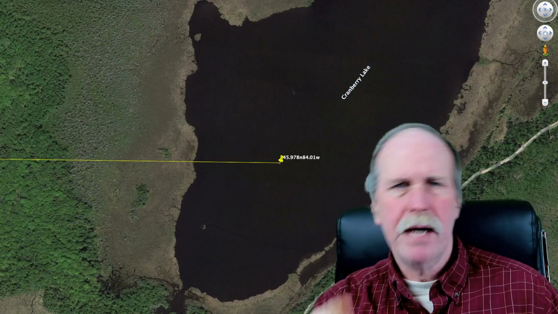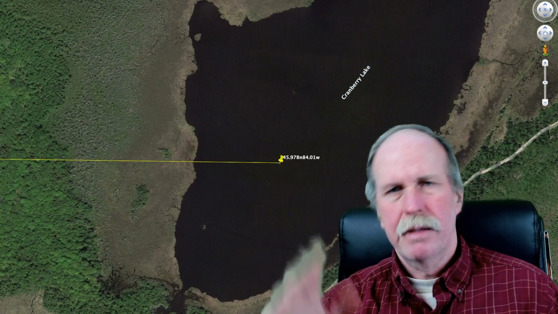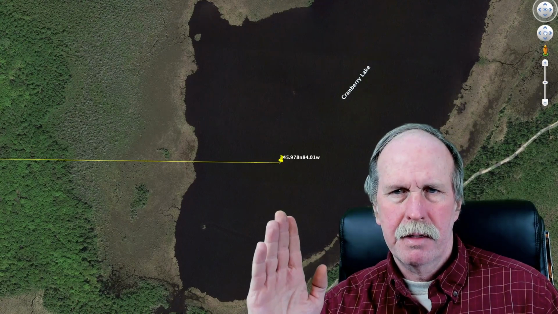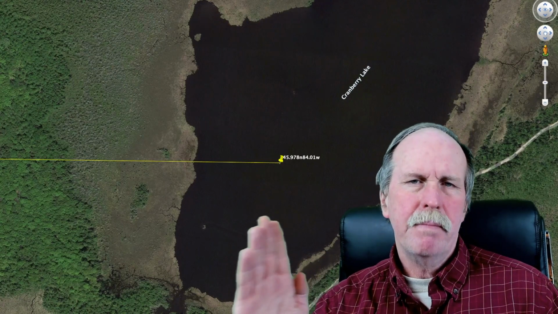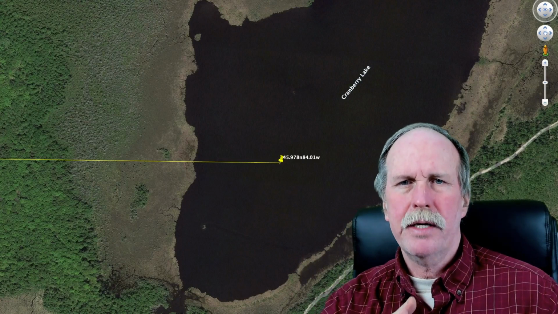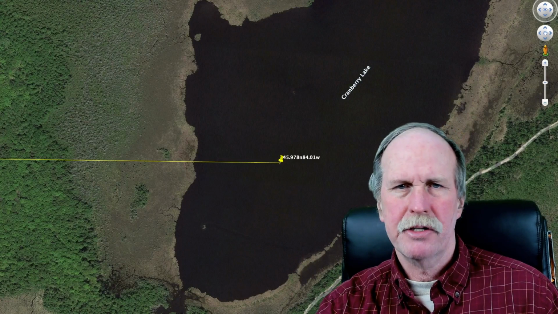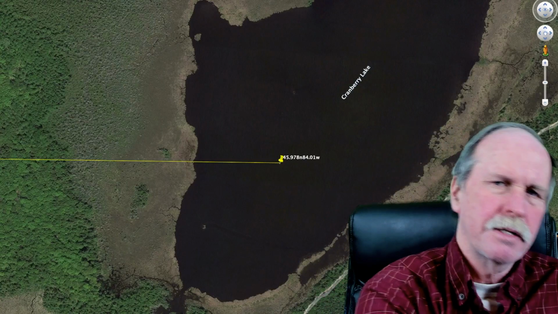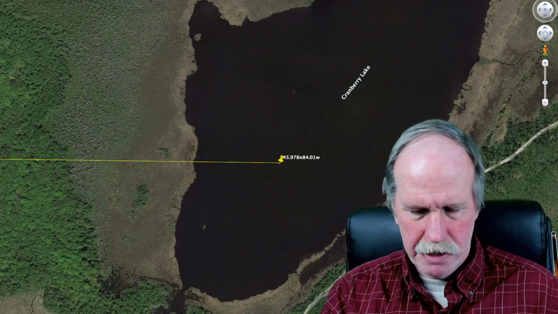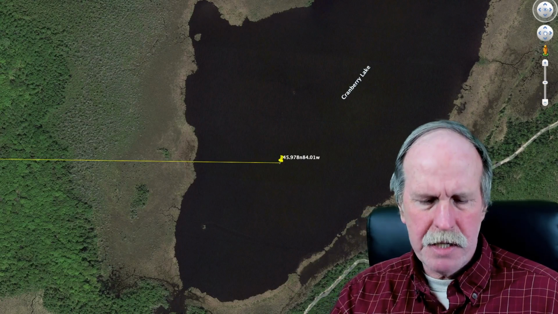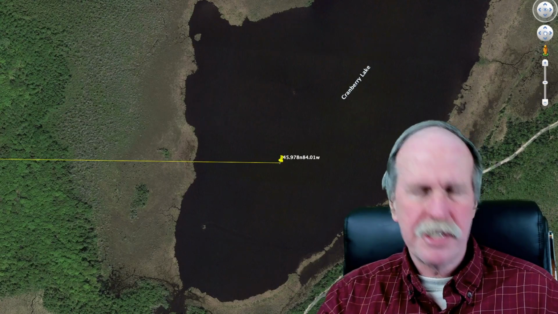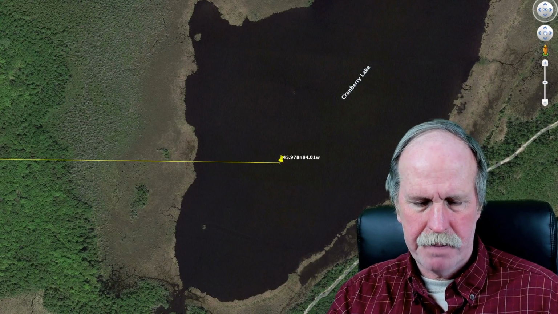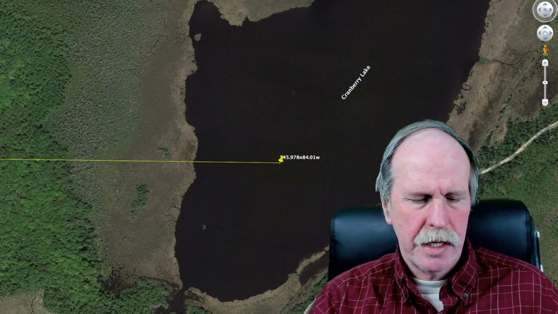Now, if we were at that point, Capella would be directly over us at 90 degrees. For every degree that we move off of 90 degrees, we move 60 miles away. So 28 degrees, 52 minutes. We subtract that from 90 degrees, and we have 61 degrees, 1.63 minutes. So what we'll do is multiply that by 60 nautical miles, and it comes to